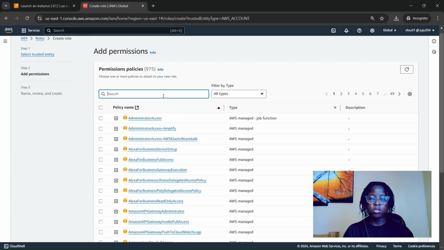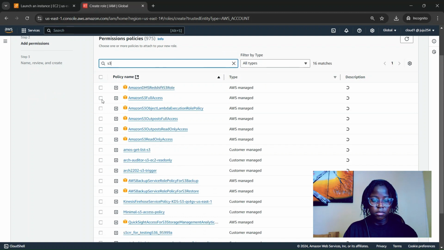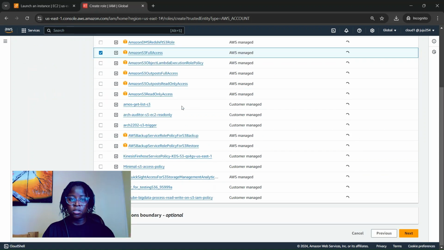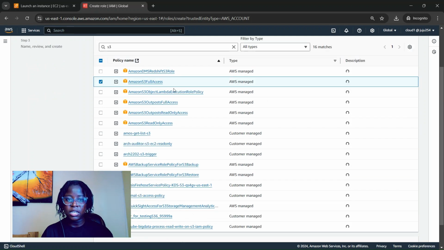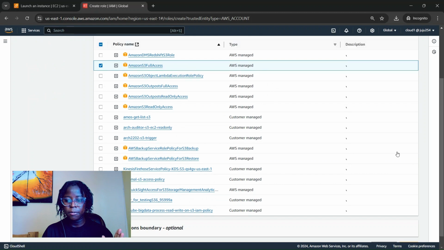And the permissions. So what permissions is that role allowed to do? So in this case, least privilege, let's give it S3 full access. S3 is just a storage solution, Amazon Simple Storage Service, and we'll get to that soon. So this role has S3 full access only. And next,